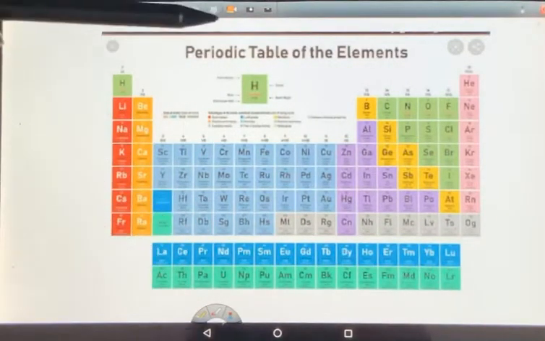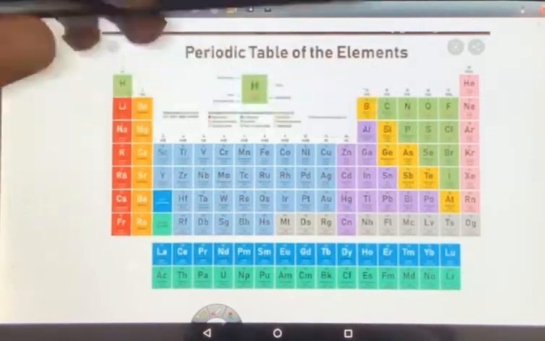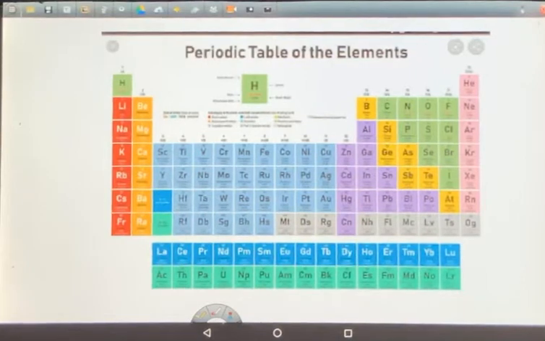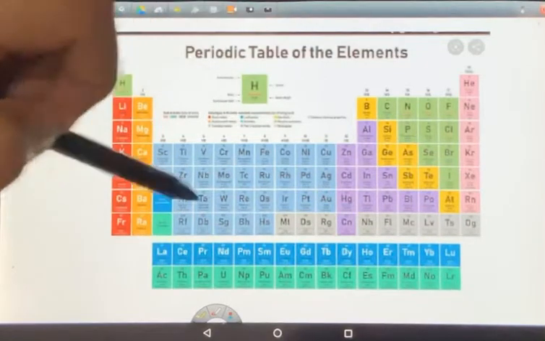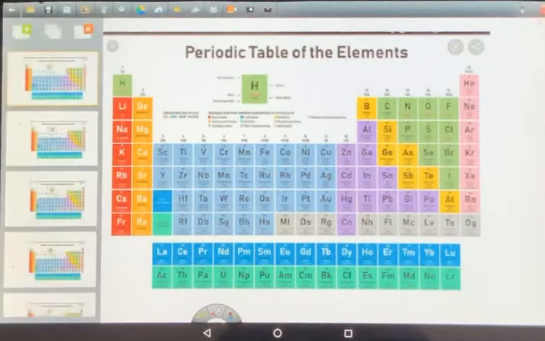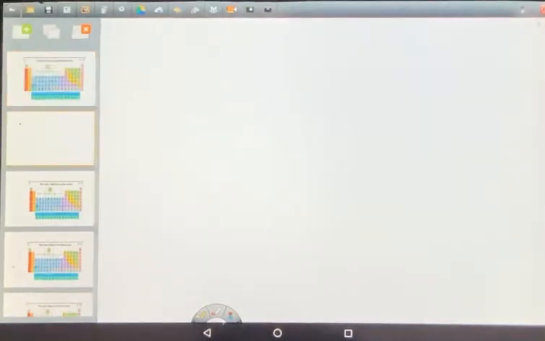So in this chapter we will not be talking about all the elements in detail. We will just be talking about the basic structure and the trends in the elements of the modern periodic table. Now these images and many such images of the periodic table are present in the books as well as on the internet from where I have taken them, so you can refer to those images for your source as well. Now before beginning with the discussion of the modern periodic table, let me talk about the law which was the basis of the modern periodic table.